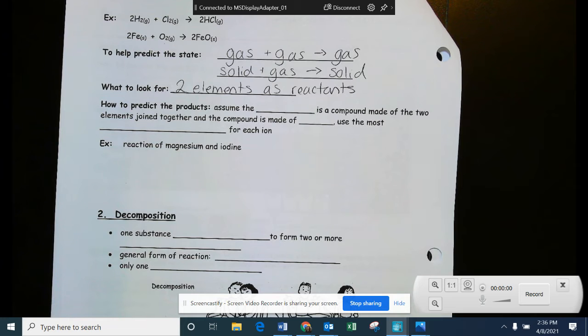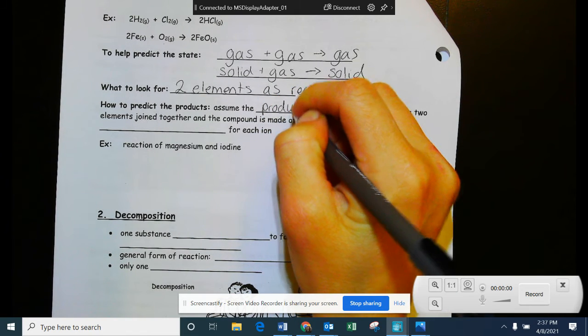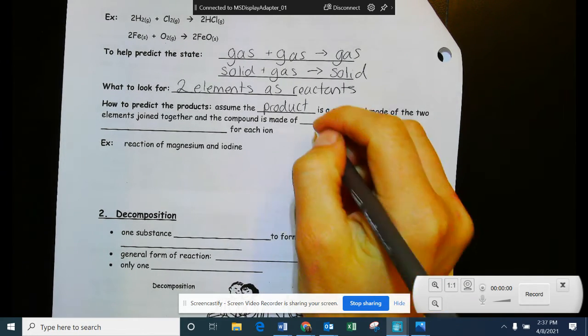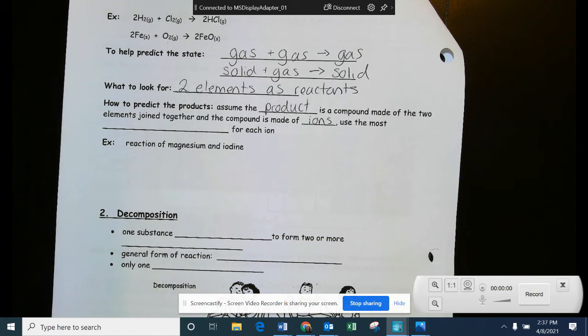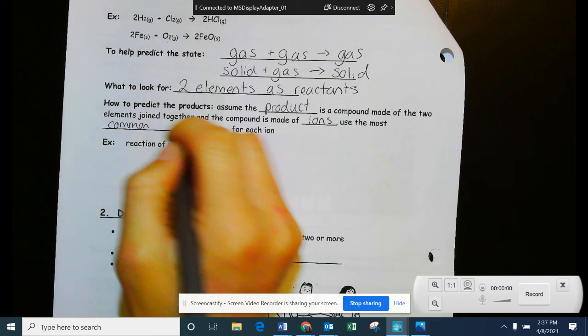And then this might be kind of review so far. One thing that you likely didn't do in grade 10 was predicting products. So that might be something new. So predicting the products, we assume that the product is a compound made of those 2 elements joined together, and that compound is made up of ions. So what you're going to do is just use the most common charge